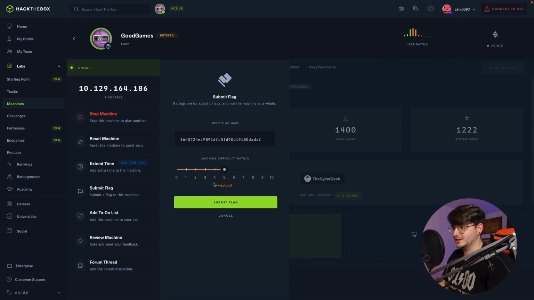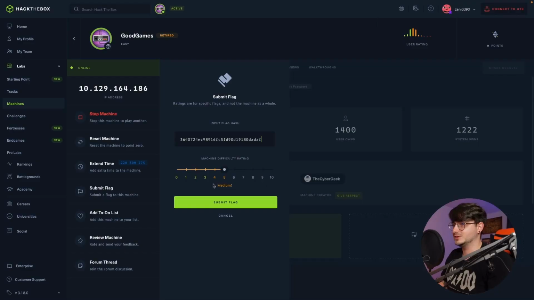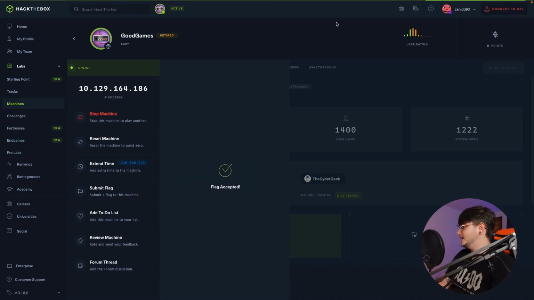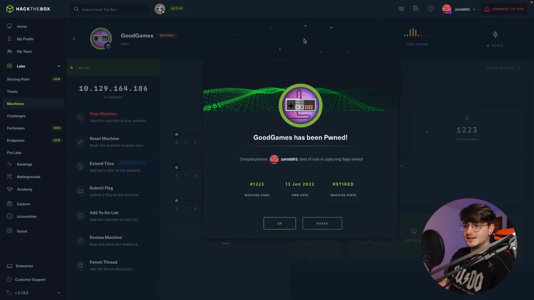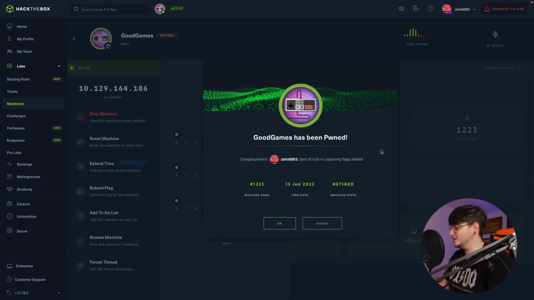Let's say medium, because we actually had to escape a Docker container, which I never did, and it was kind of fun, but also a bit harder than expected. So let's submit the flag. The flag has been accepted, and it looks like I was scared again because of all this fanfare over here. And we are done. We have